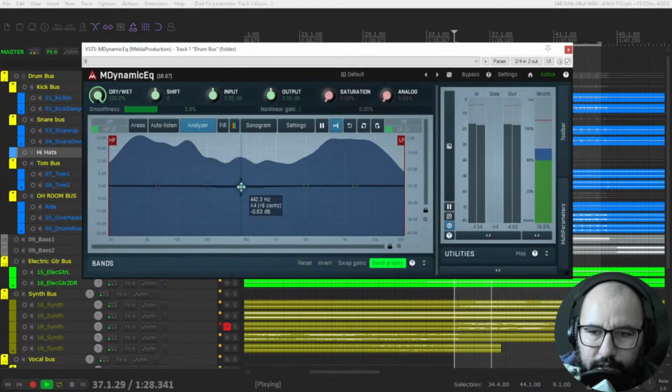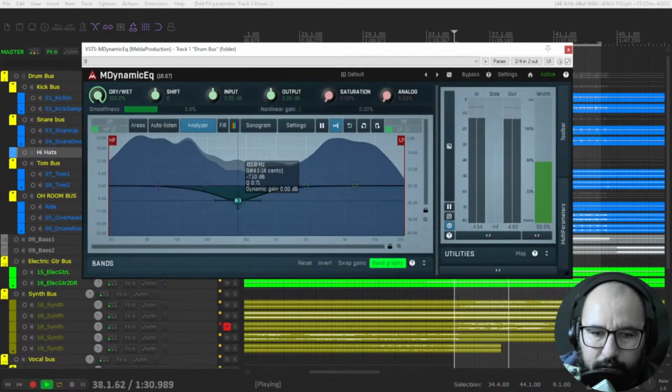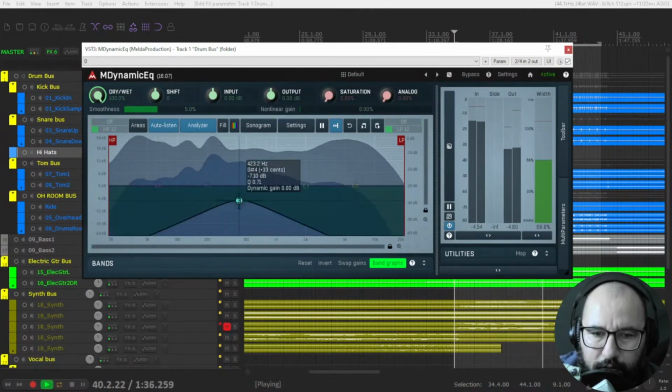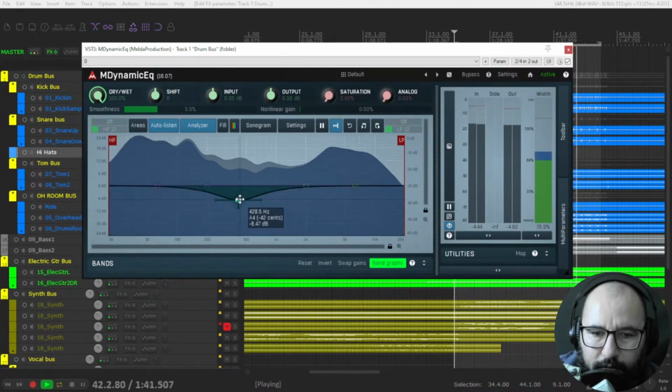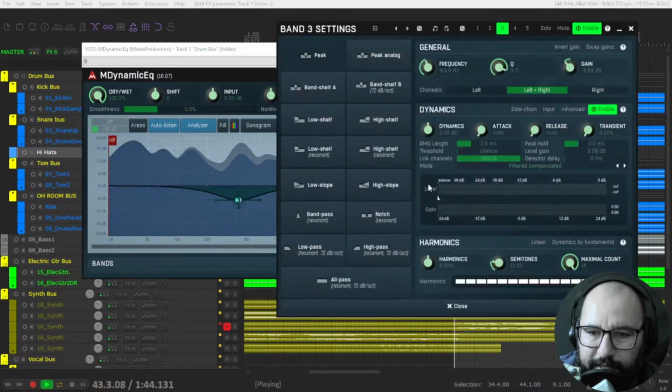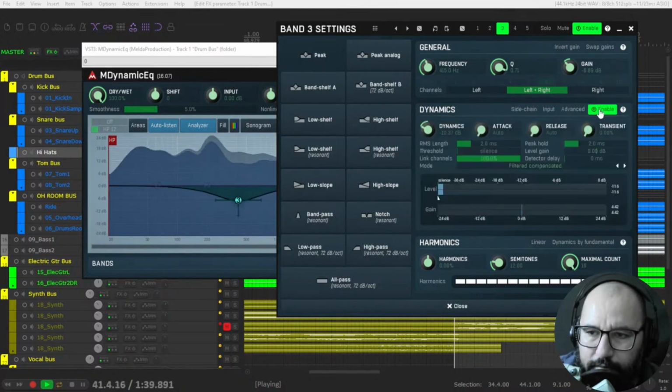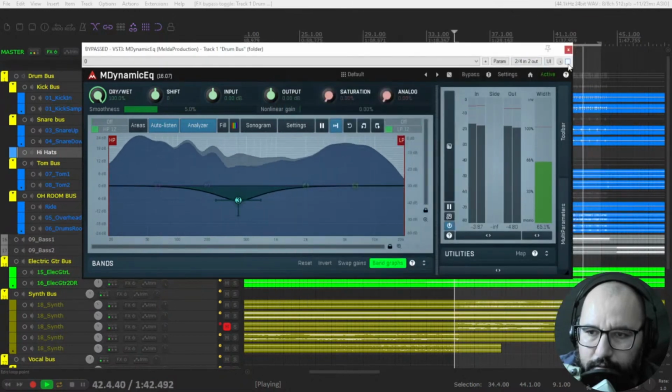I'm gonna just cut some of the lower mids. Auto listen. Alright, let's apply some dynamics. I choose here. So the auto is fine, auto release and attack. Before, after, before,